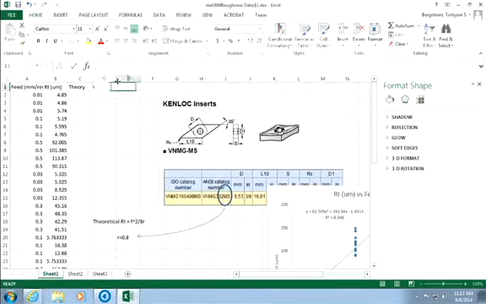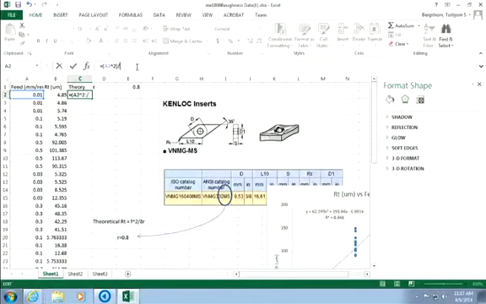So R is 0.8. So our theoretical value equals F squared, so that's feed squared, the whole thing, divided by